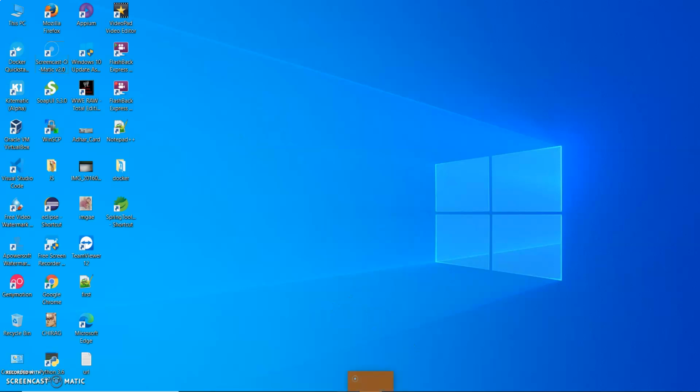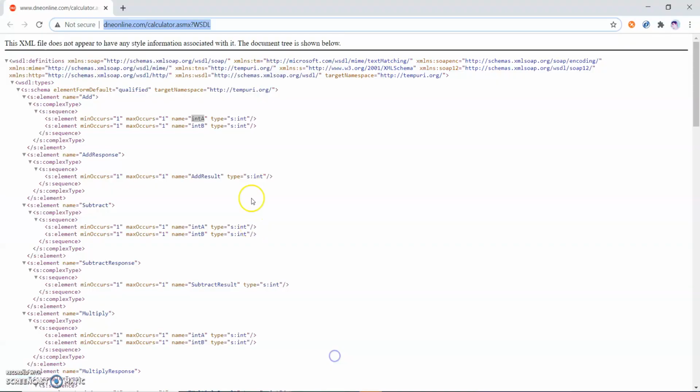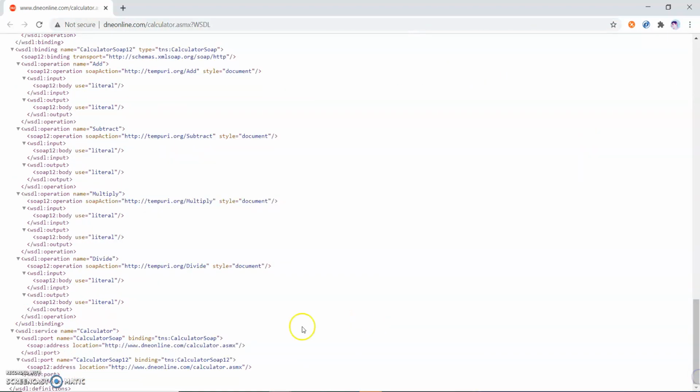Okay, let me open WSDL. Yes, so WSDL means any guy who created a calculator web service, right? So he also created a WSDL for using the calculator web service. He said, okay, for using this web service, these are the different points.